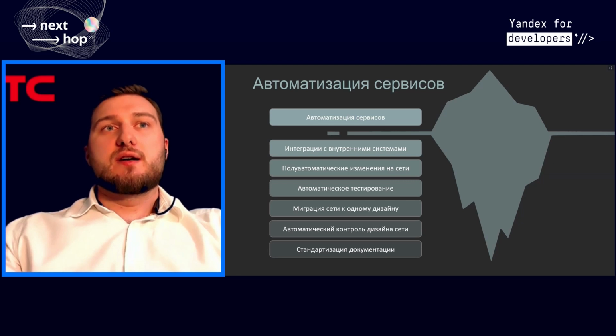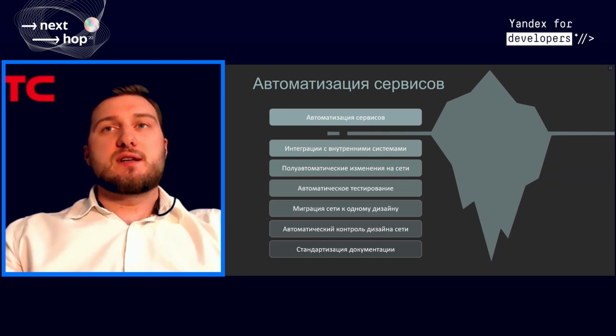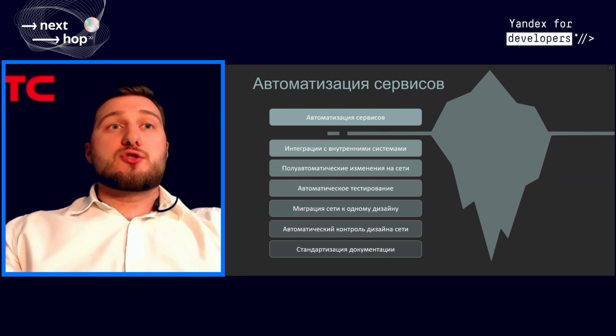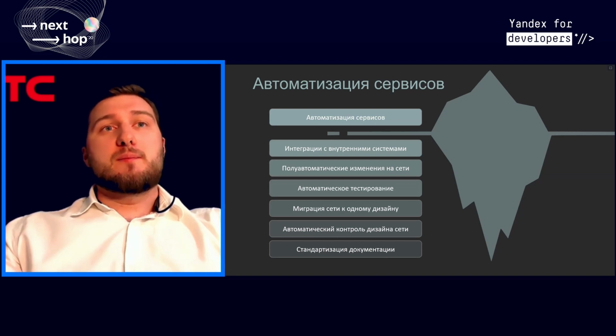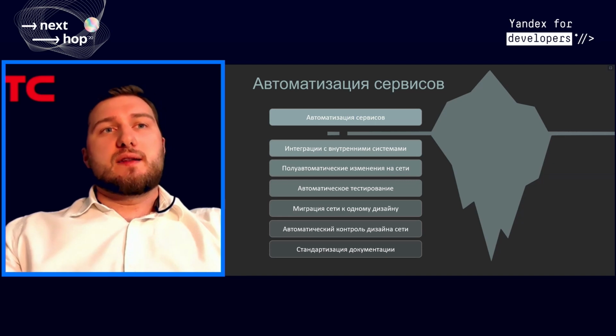Our main goal is service automation. By services, I mean automation of business processes in order to be more client-oriented. I'm talking about a connection of B2B clients, and to automate our services, we need several stages. Stage one is document management standardization, which is a complex and important task because we need to standardize all the